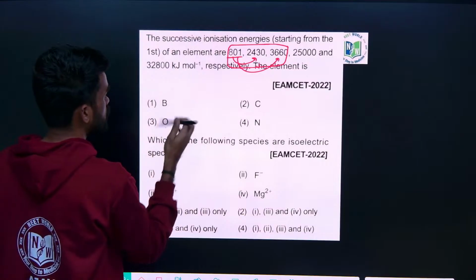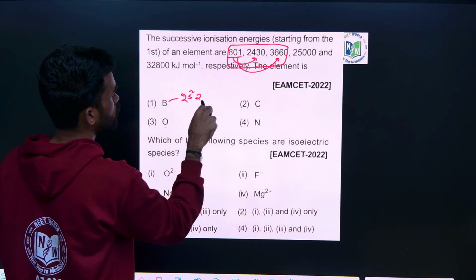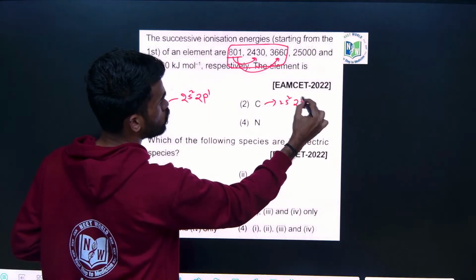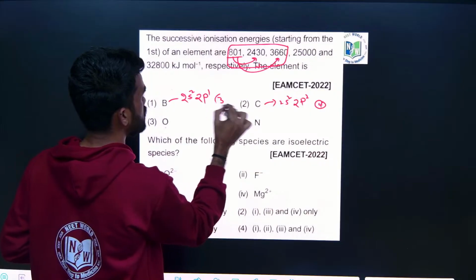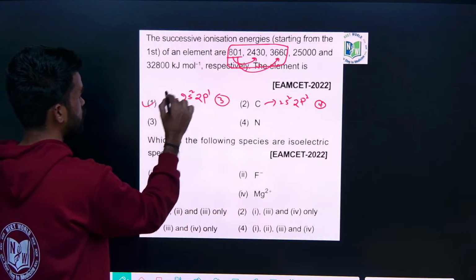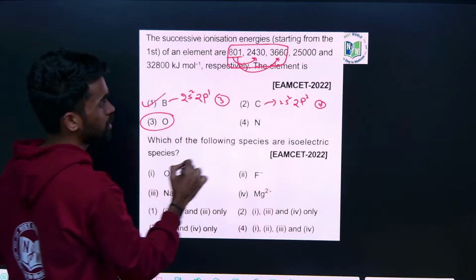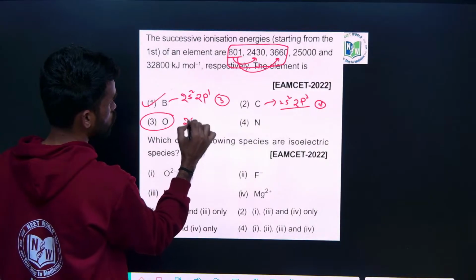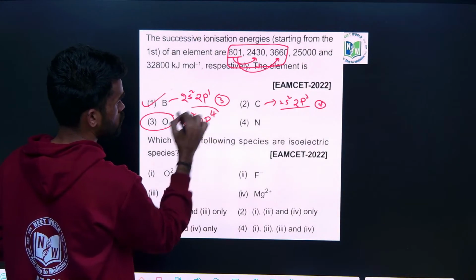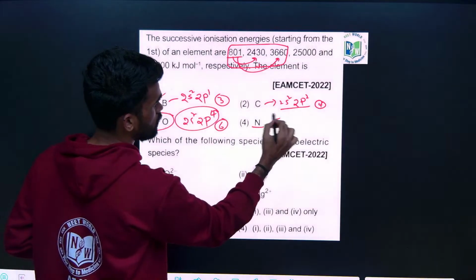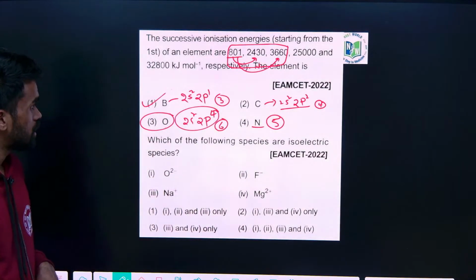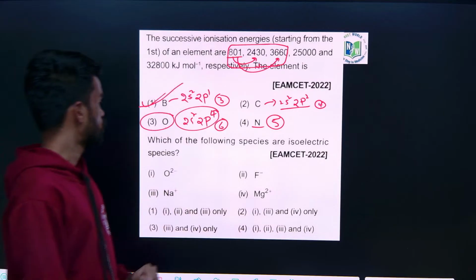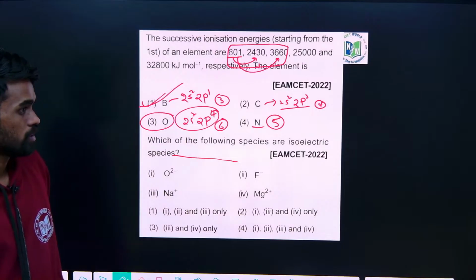Boron has 2s2, 2p1 as valence electrons. This one has 2s2, 2p2. So 4 valency here, 3 valency here. So option 1 is perfect. For this one, you have 2s2, 2p4, so 6 valency electrons here, and this one has 5 valence. So which is the perfect answer? Is that clear? Okay, next tell me for this. Option 4. Yes. Next,